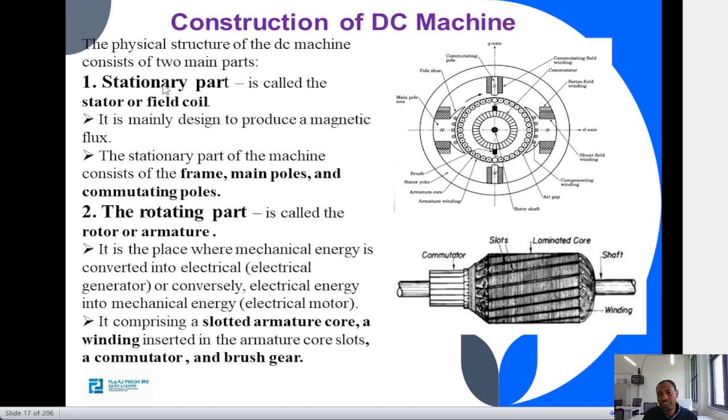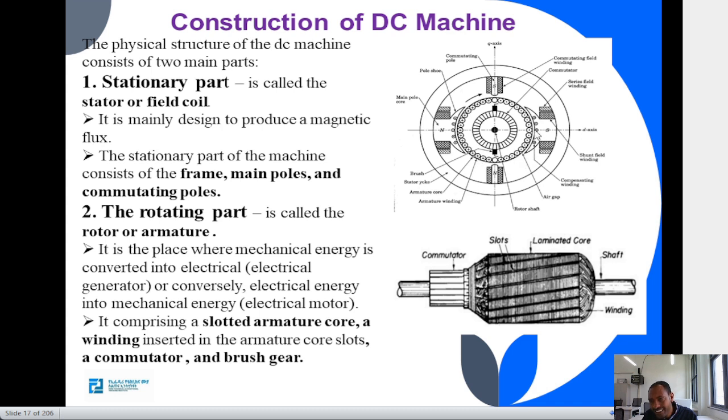We call this stationary part the stator or the field winding. The main purpose of this stationary part is to produce magnetic flux. See on the cross-sectional view of the diagram,